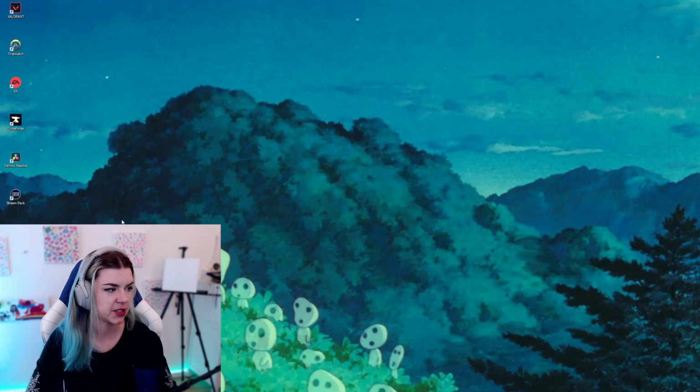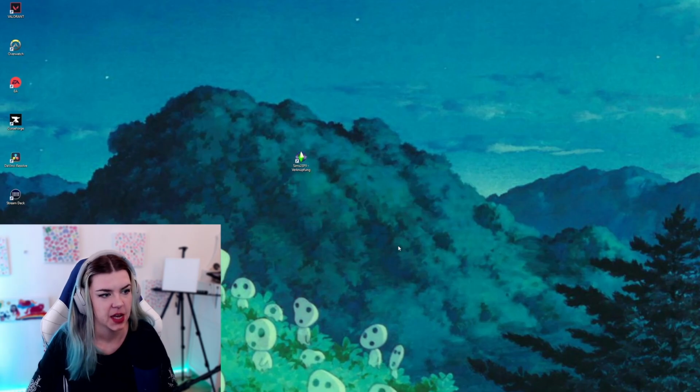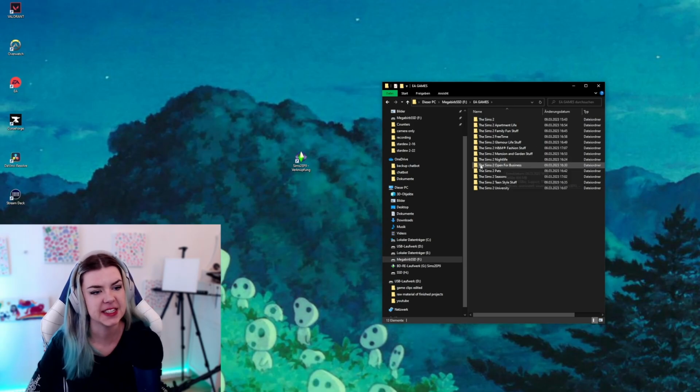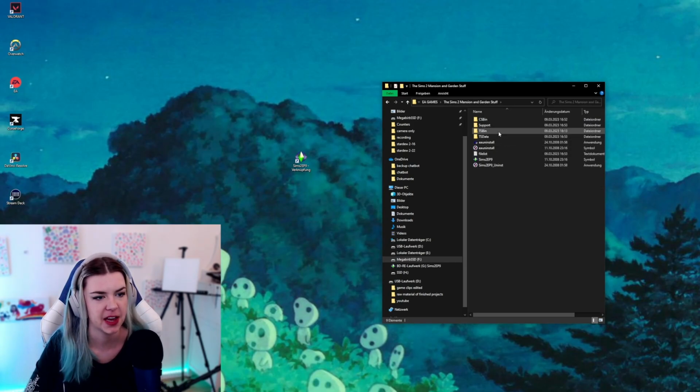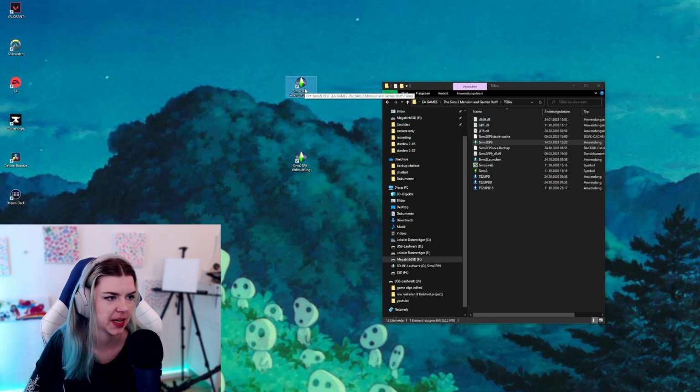Now we're gonna try to run The Sims 2 from the desktop, basically. The way we want to do that, we want to make a shortcut. Basically, we're once again navigating to the newest expansion pack that we have, going to the TS spin and going to this executable file and dragging it onto our desktop. So that's how we make a